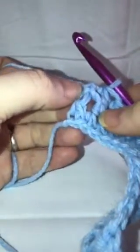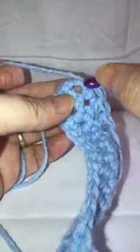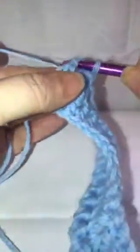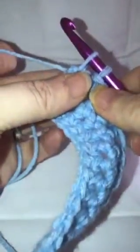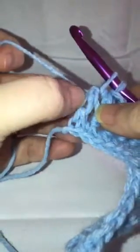So here I've come to the end of my row, and to do my last stitch so my edge stays nice and straight, I'm going to make my stitch. I'm going to go through that same space that I did my last stitch in, bring up my loop, and then we're going to look down here. You can see this